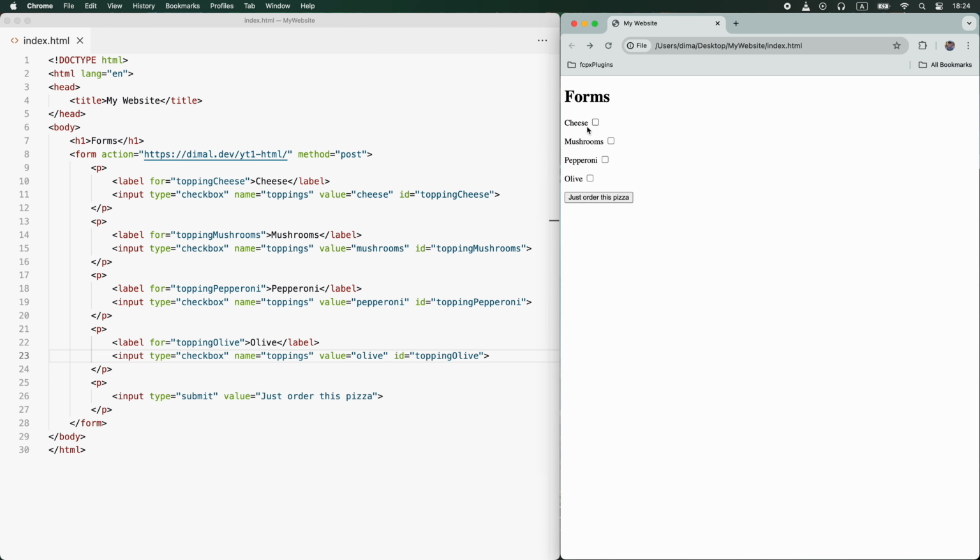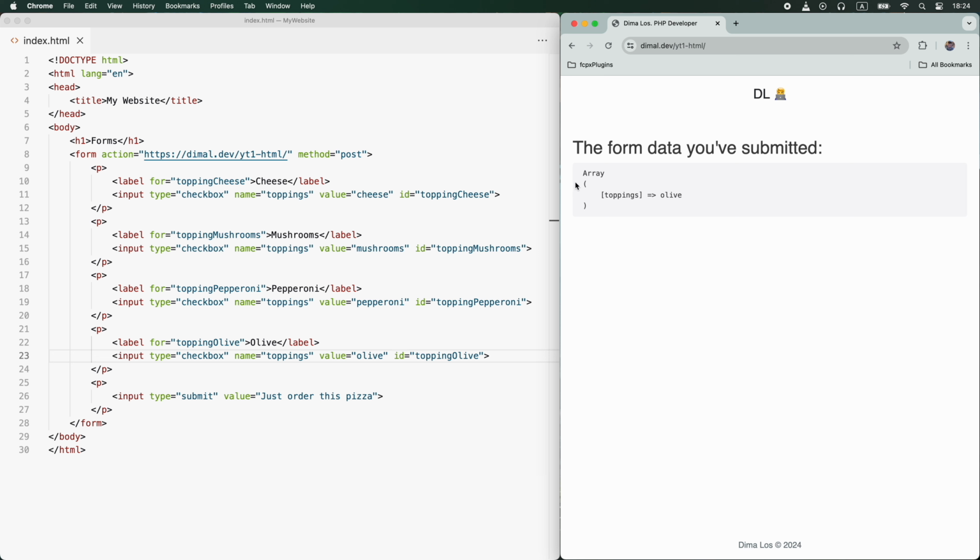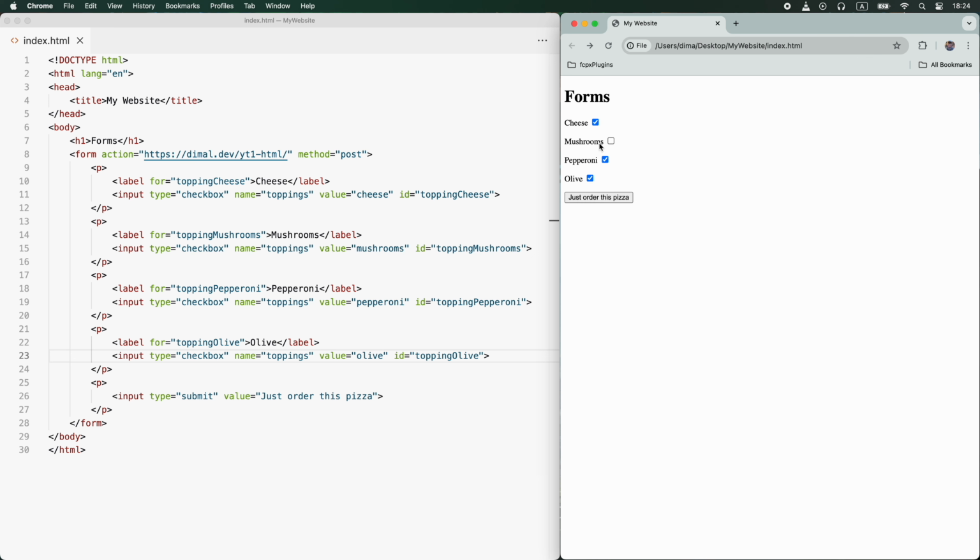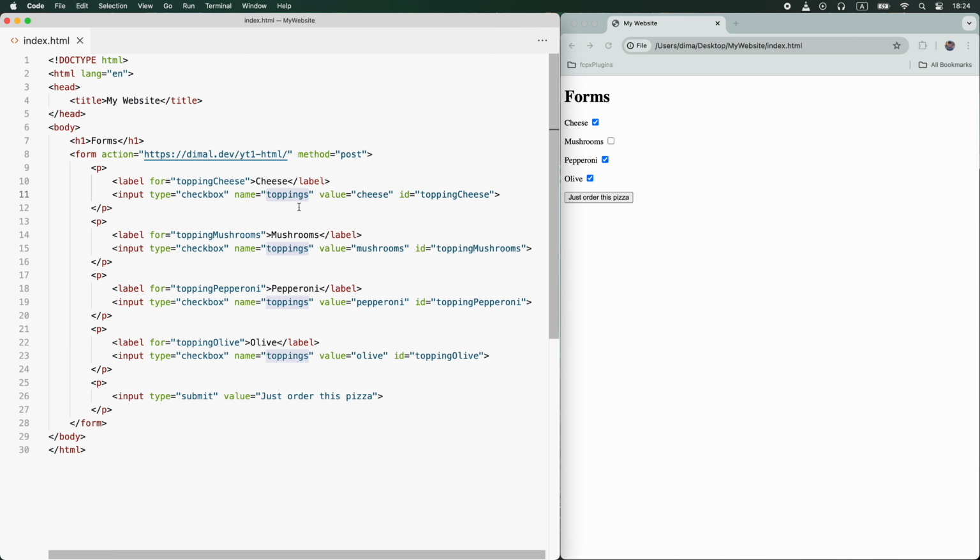There you go. But now, if I select 2 or more toppings and submit the form, the server receives only the last checkbox value. That's because of the way we specified the name of our checkboxes. When we have only one checkbox, this works. But with multiple checkboxes that share the same name, we need to add square brackets, like this, for it to